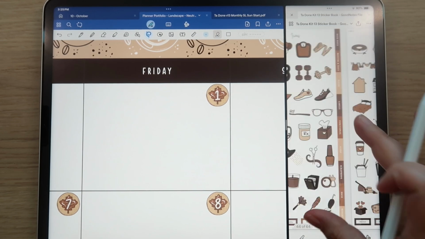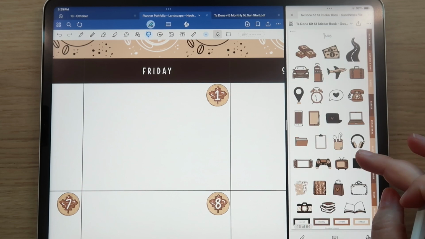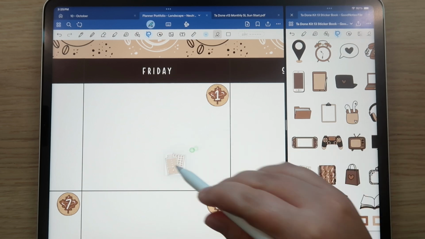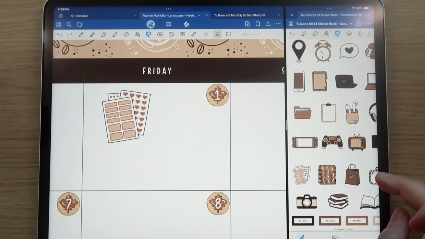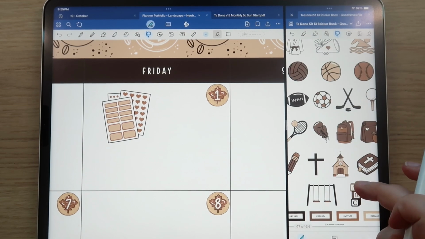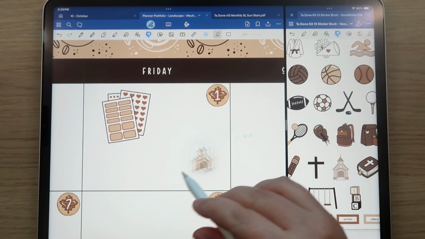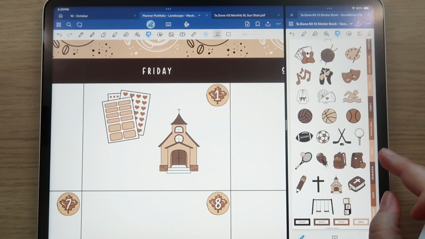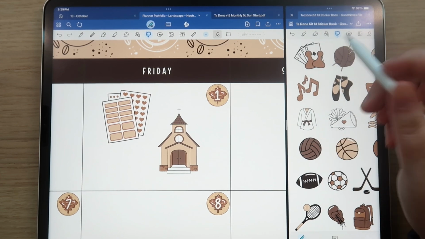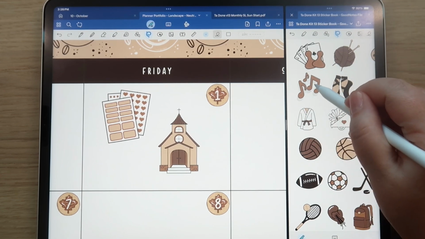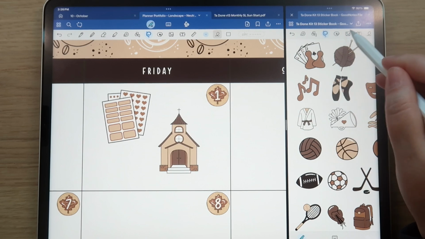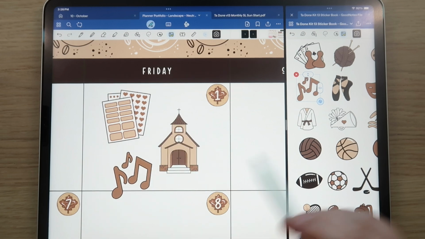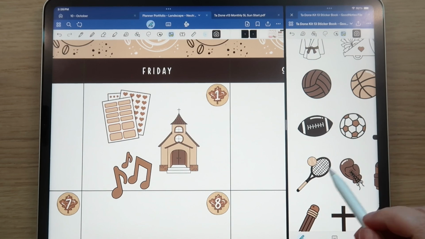So, okay, anywho, let's keep on trucking along here. I'm gonna just pick my icons that I need. So we're gonna need this guy. We are going to need the church. We admittedly have missed a few weeks of church, so I want to get back to that too. We need the music symbols. Oops. I might use the photo tool. Sometimes I feel like the photo tool is a little easier to use. So we need that for piano,